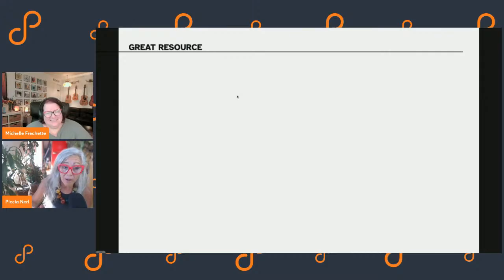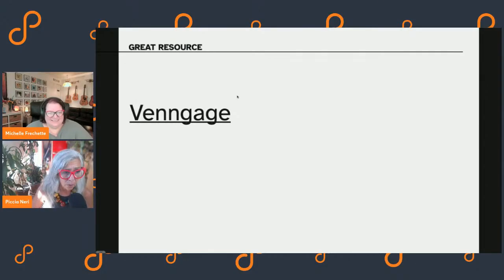I also want to mention Vengage, which is very good. Not all of Vengage is accessible, but they have taken a lot of steps. Basically, Vengage is an online tool to create data visualizations, and even with the free version, you can really play with it. The great thing about it is that it allows you to visualize sets of data with different types of charts in a way that will really help you decide. And they do a lot to make it accessible, helping you with the color contrast and helping you write the alt text. It's very, very good.